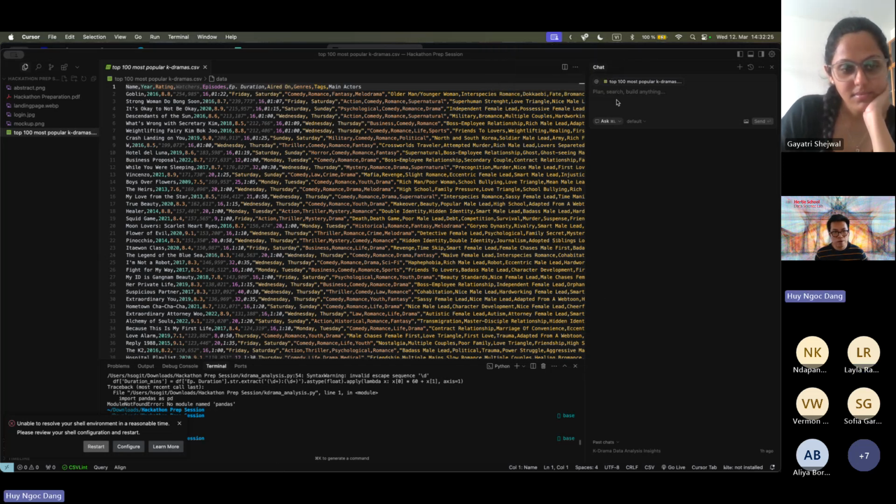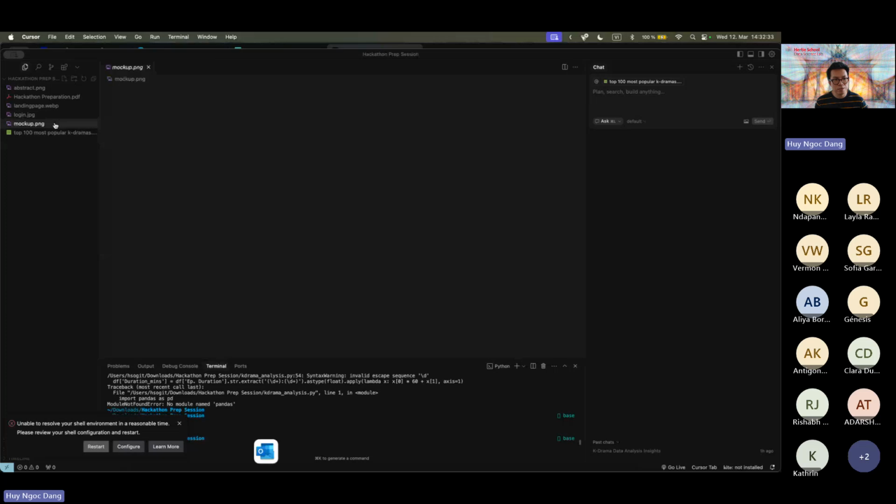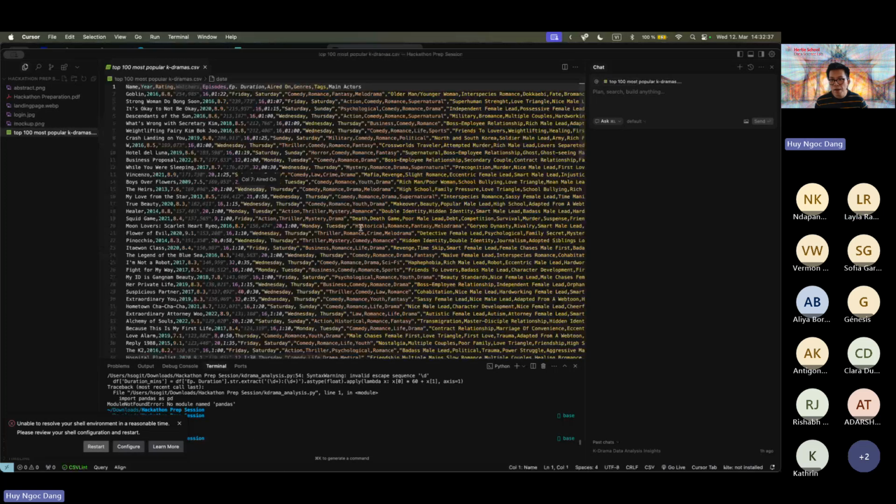So on the left, you will see basically exactly like Visual Studio Code. You see all the files and all the instructions, and you also see an interface where you can see all the different components of the files. And on the right, you will see a chat box where you have the composer and the AI engines that you can use to ask to generate different tools and different code for your files.